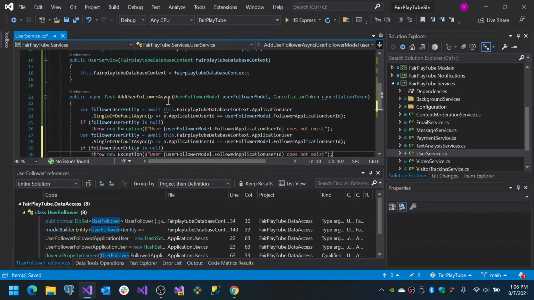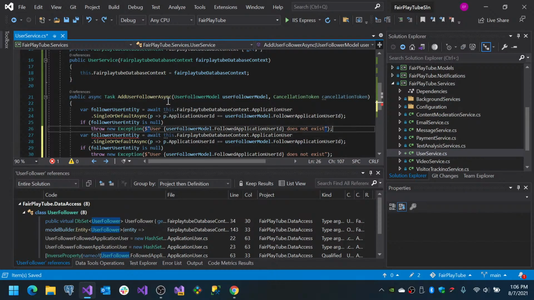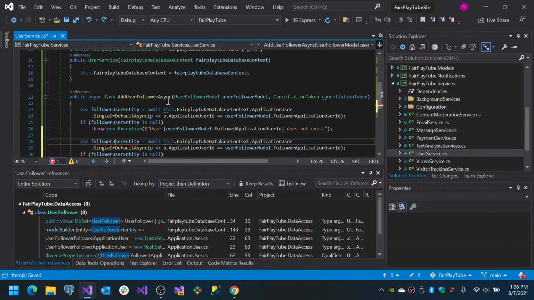Going to copy this. FollowedUserEntity, FollowedApplicationUserId, followUserEntity,